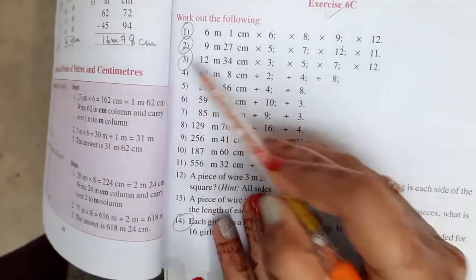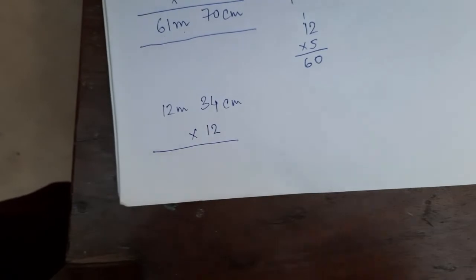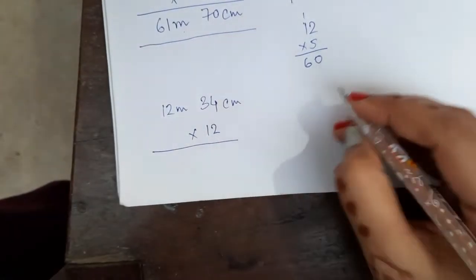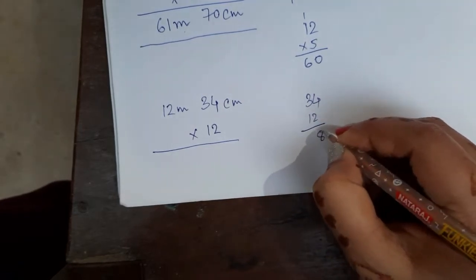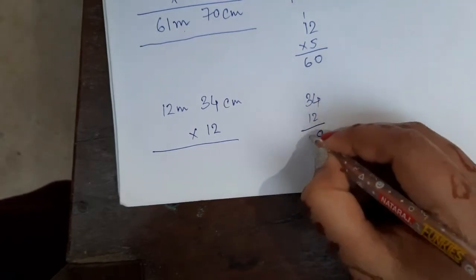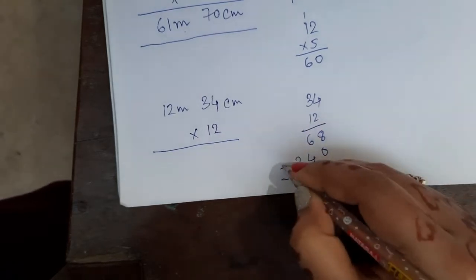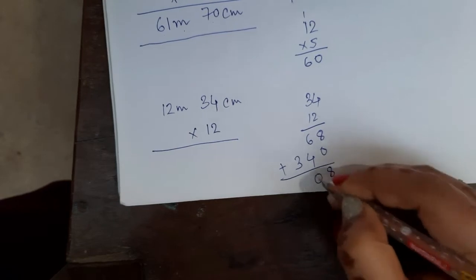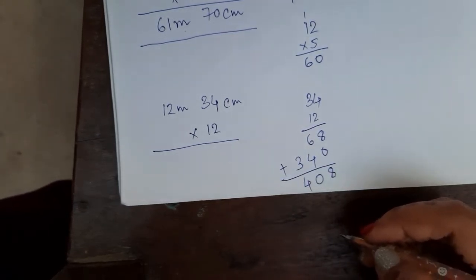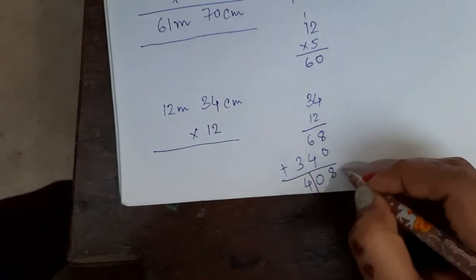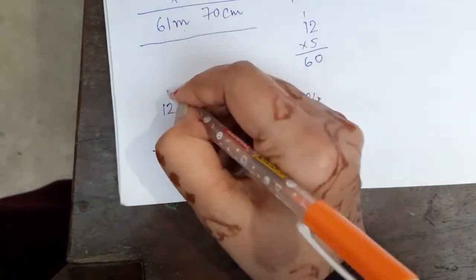Now let's do question number 3 multiplied with 2. Alright. Let's quickly do it. 34 into 12. 4 2s are 8. 3 2s are 6. 0. 4s are 4. 3 1s are 3. Plus 8. 10. 4. We have to convert it into meters. So I am putting a dash here. 0 8 I will write here. 0 8 centimeter. Carry forward 4.